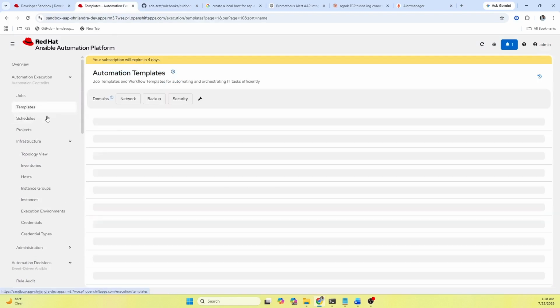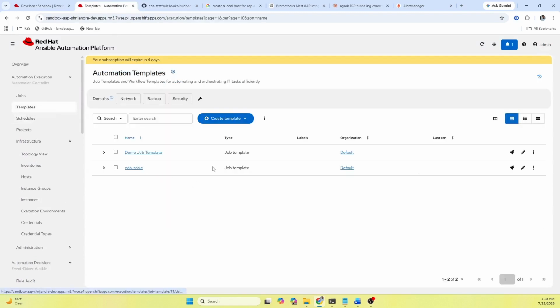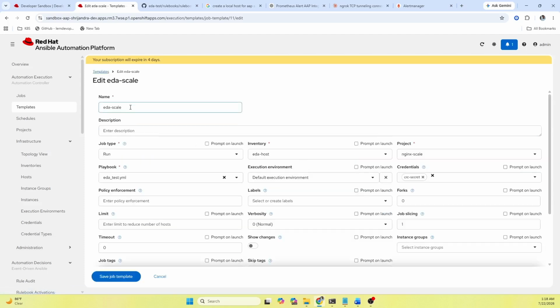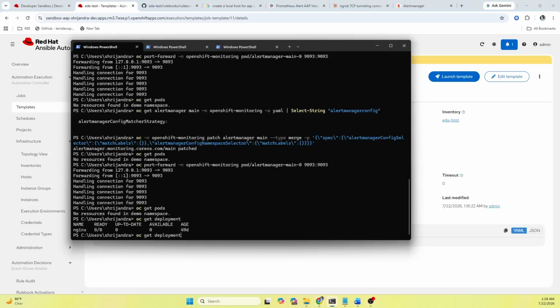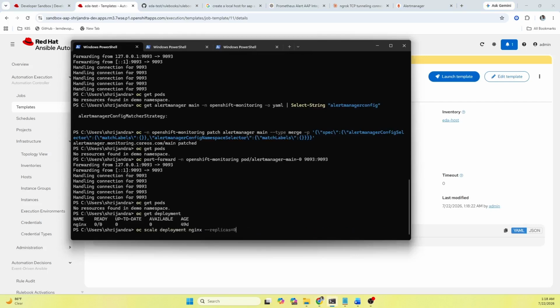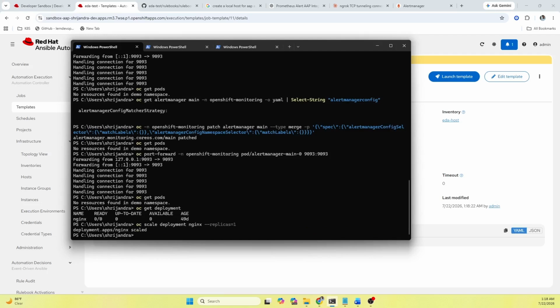so our template is EDA scale. So let's edit this one. EDA test, save job template. Now we will go and rescale those deployments. So, and we go to 0. So let's see if we do